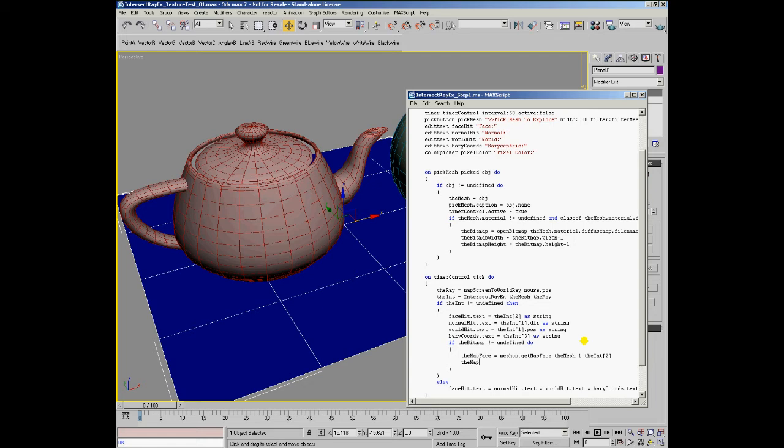Then we take the map vertex 1 using the meshOp getMapVert method on the mesh, channel 1, and the first component of the map face. We do the same for the map vertex 2 and 3 using the Y and Z components of the map face. And we calculate the UV coordinates using the